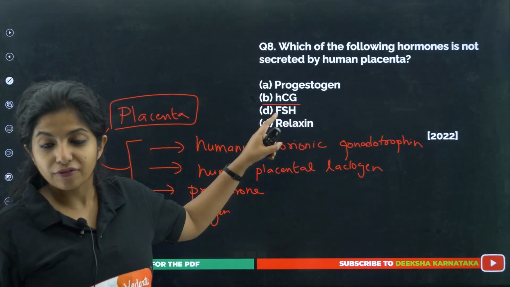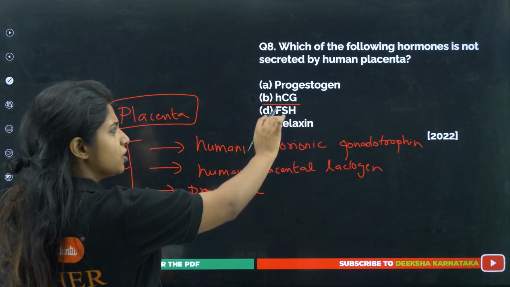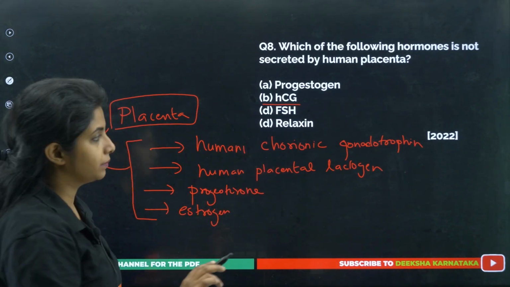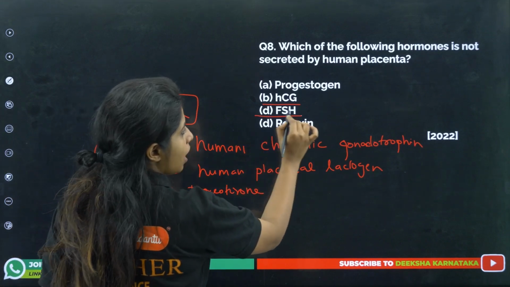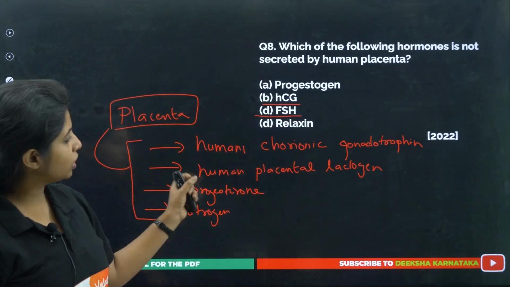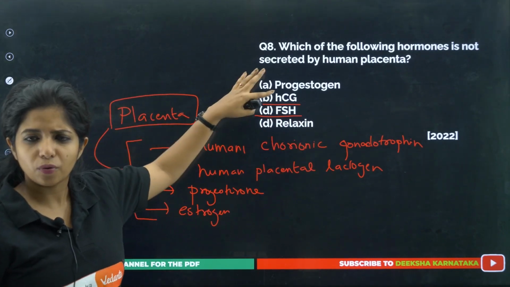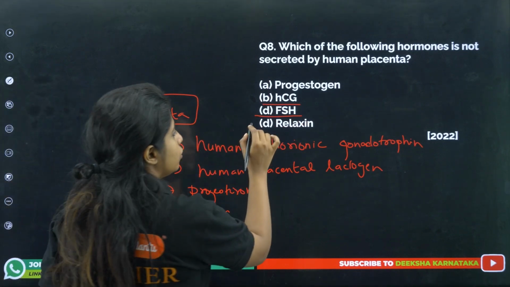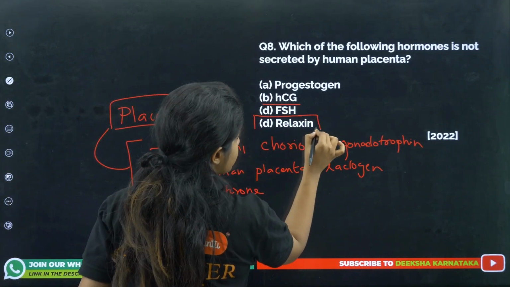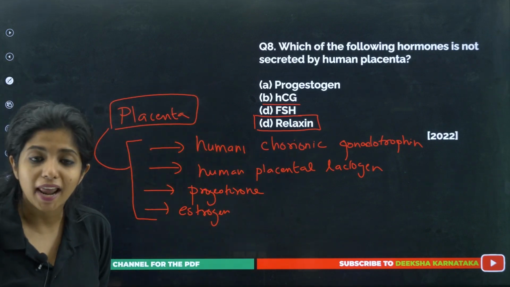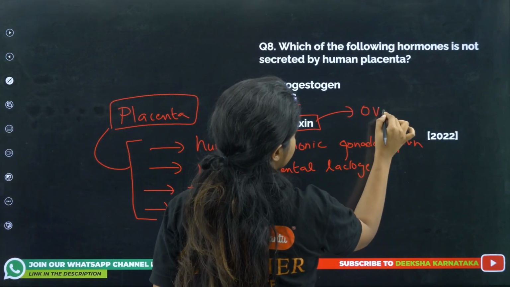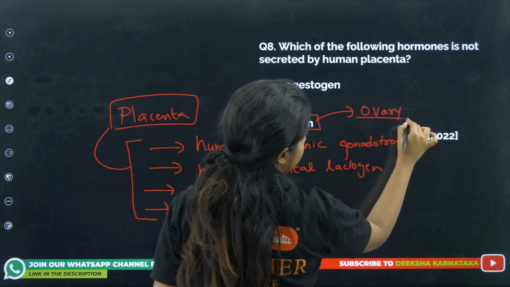So basically FSH, I'll say it's not a direct hormone that is produced by the placenta, but still, somehow it is related. Because of human chorionic gonadotropin, it is somehow related. FSH can be there. I won't say it's a correct option that is put over there. But the most unwanted option that you can see over here is relaxin. Okay. So relaxin is basically the one thing that is produced by the ovary